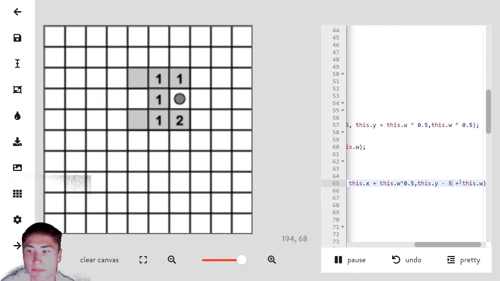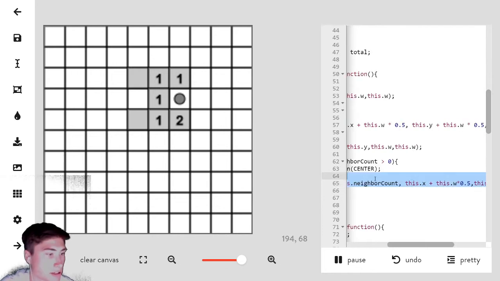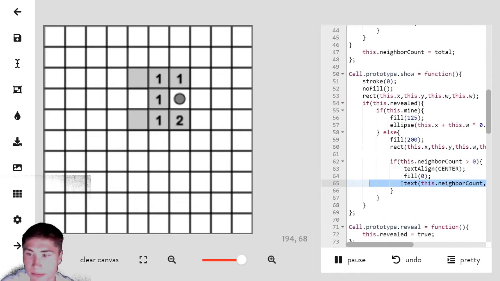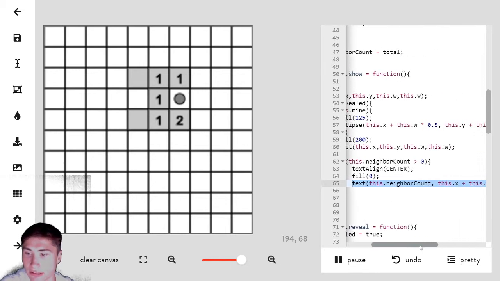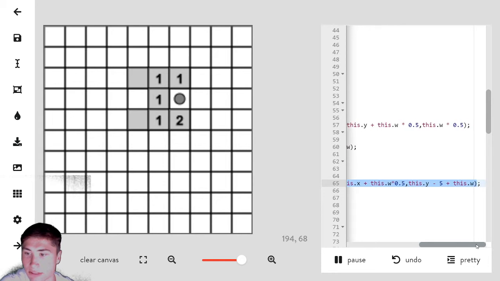So minus 5. And it's hard to see with how zoomed in I am, but this text right here in neighbor count, we just did this.y minus 5. Okay, so yeah, then this will be